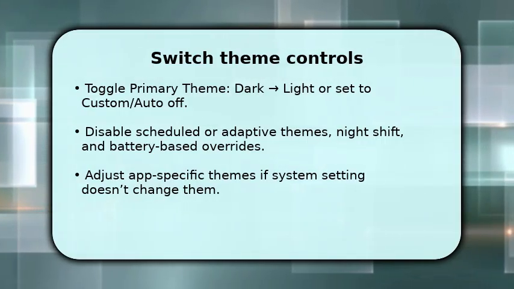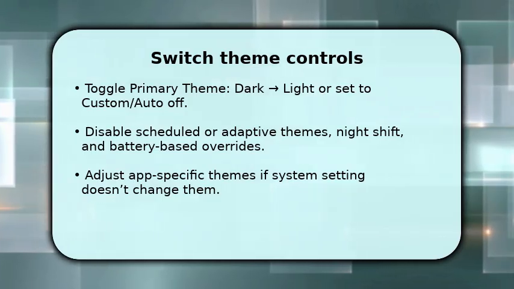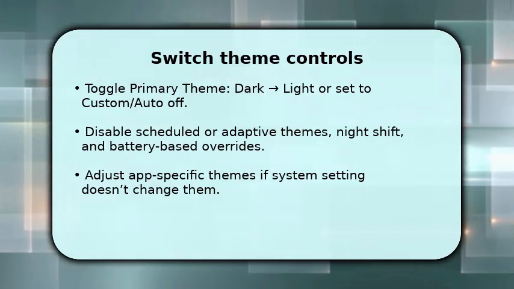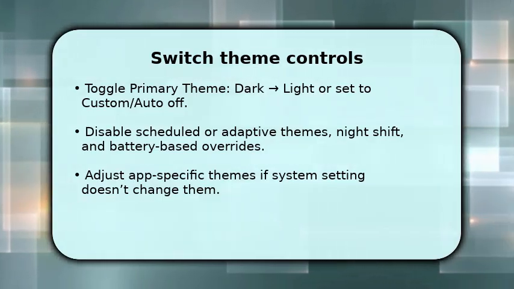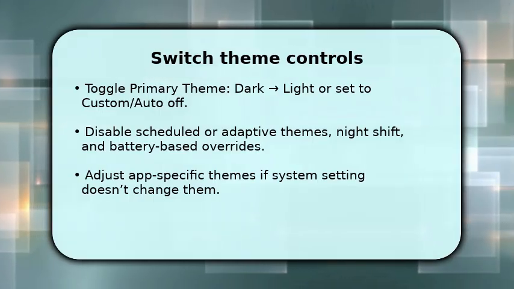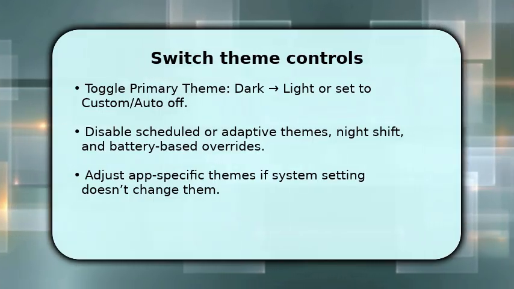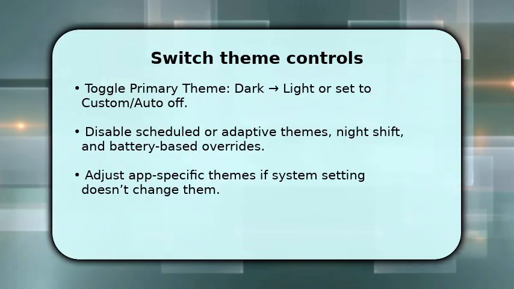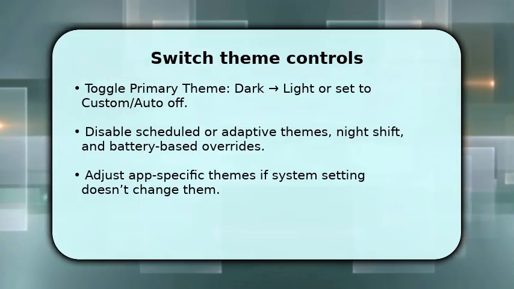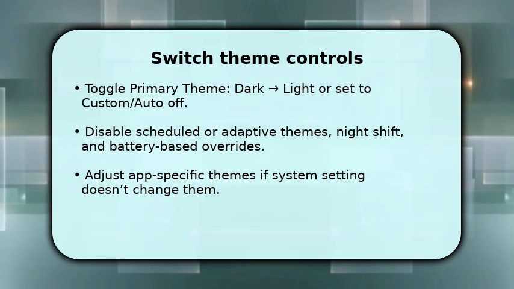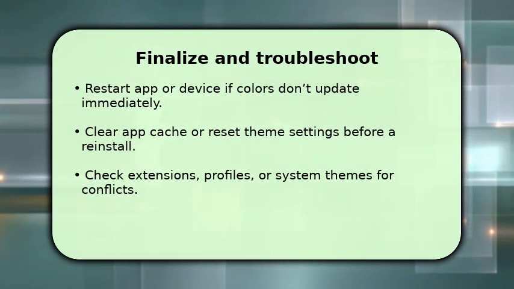For apps that ignore system themes, like some browsers or messaging apps, open their appearance settings and switch them individually. Also check accessibility contrast settings and color filters. They occasionally interact with theme rendering. Once done, confirm interface. You finish by validating the change across apps and web pages, then restart the app or